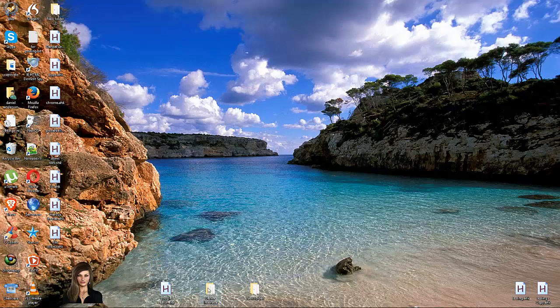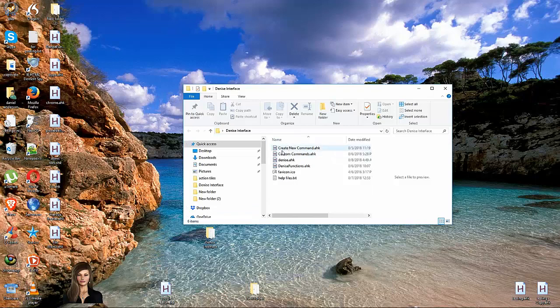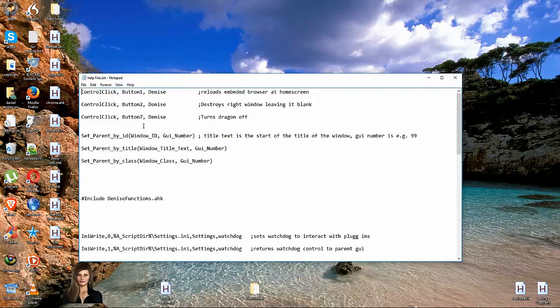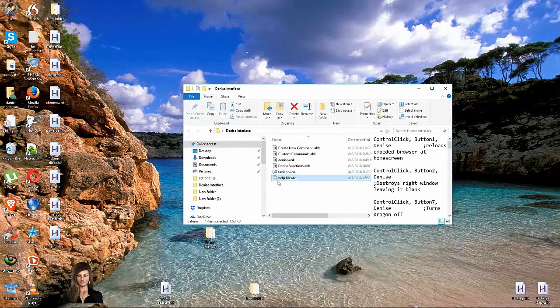I'm going to be posting a link to this particular folder. Inside this folder are just these few little commands. I have a help file here that has certain things that can be done with it. I'll go over those later. For right now, though,